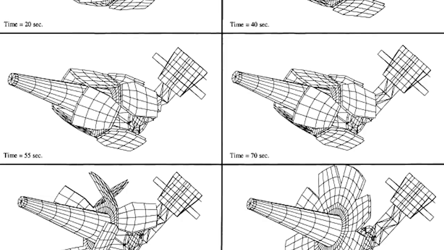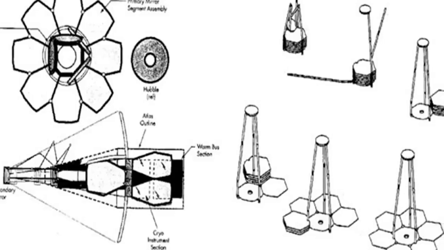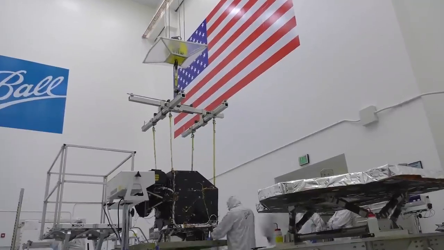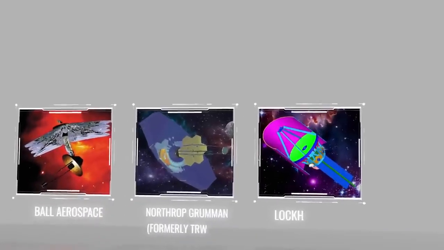With the new criteria set, ideas for the telescope's structural design could begin to be drafted. Early on, the study was led by Goddard, and folks from the Space Telescope Science Institute were involved in coming up with some initial designs. But we knew that to get further, we would have to bring in folks from industry who build large spacecraft and telescopes even. And so we announced that there would be study money available and interested parties could apply. And so Ball Aerospace, TRW, and Lockheed Martin were all industry partners who said they had